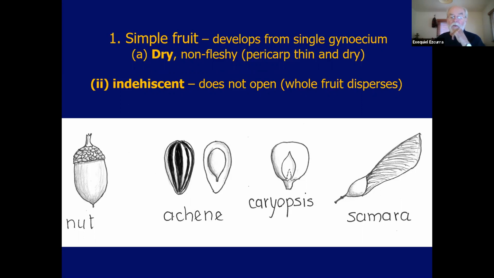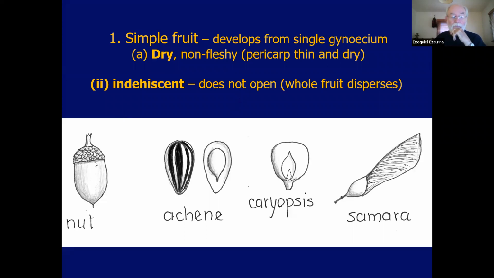And we also saw fruits that are indehiscent, that do not open, where the pericarp of the fruit, which is really the external part of the ovary developed into the fruit, stays together with the embryo inside, forms part of the dispersal unit, and is released together with the fruit. All indehiscent fruits have only one seed inside, one viable embryo, as opposed to dehiscent fruits that normally carry a large number of seeds that are released as the fruit opens. And indehiscent fruits include